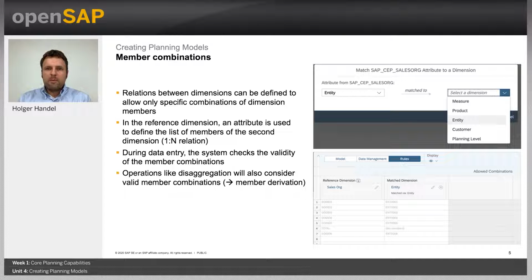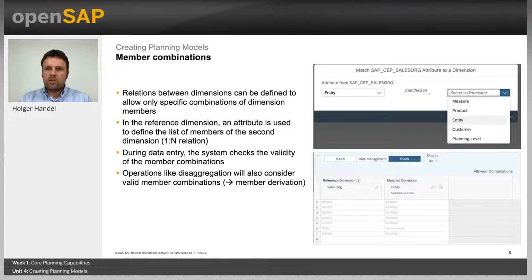Let me come back to the member validation combinations, or the member combination rules in SAP Analytics Cloud. As mentioned earlier, it's now possible to create semantic rules on top of dimensions. For example, if you have a dimension sales org and a dimension product and you want to sell only certain products in a particular sales org or in a particular region, then from a technical perspective,